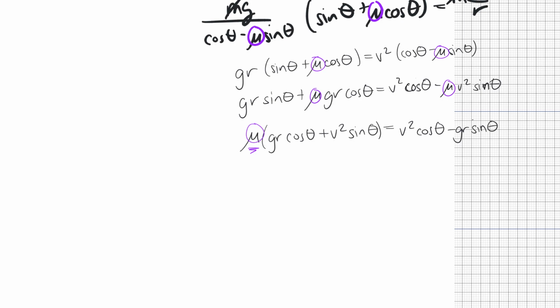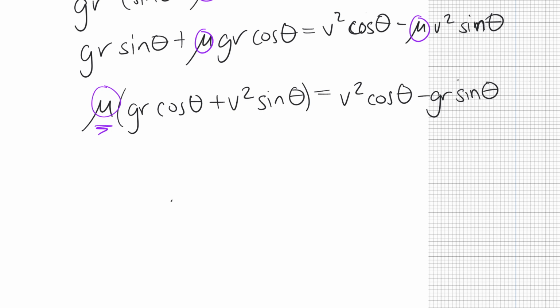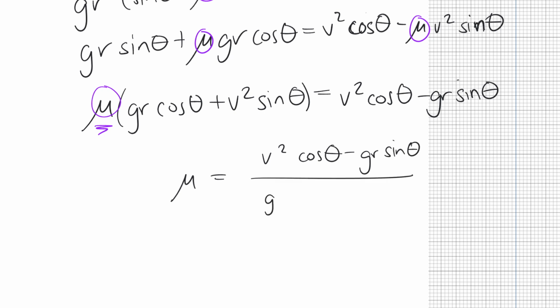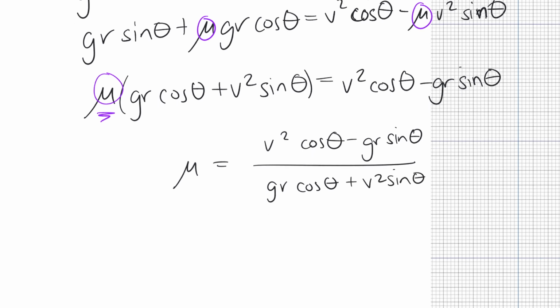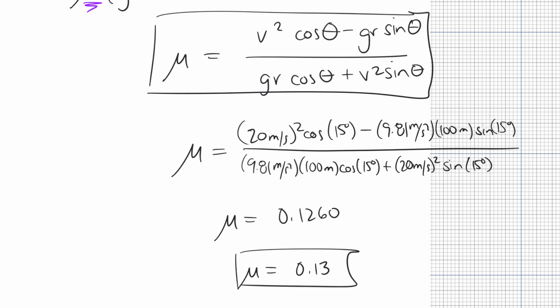Anyway, ultimately what you end up with is the expression that mu equals v squared cosine theta minus g r sine theta, divided by g r cosine theta plus v squared sine theta. Okay, a big nasty expression, and if you plug and chug into that, you'll get that mu, with two sig figs, is